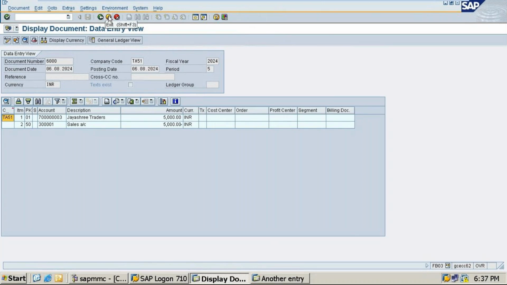Yesterday someone sent a screenshot like this. Okay, so FB03. Try this once. I will check it out. Okay, done.